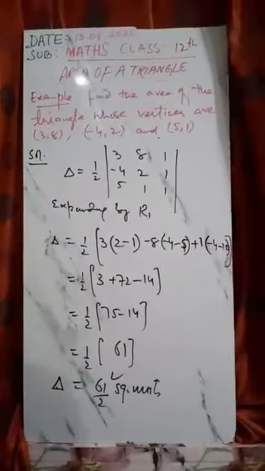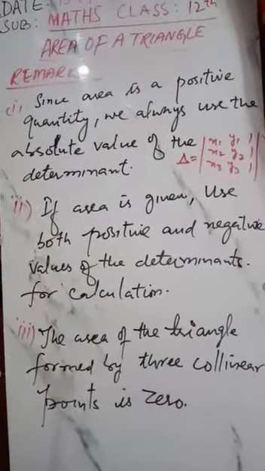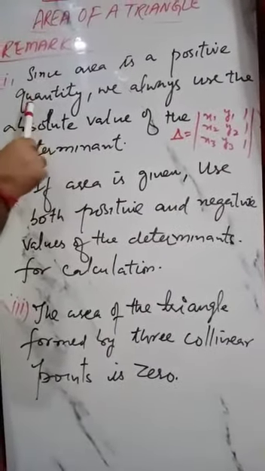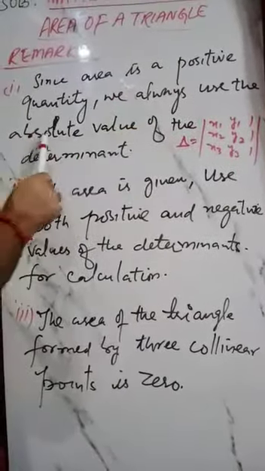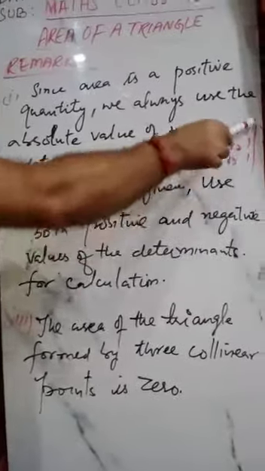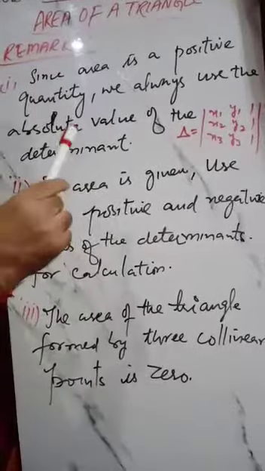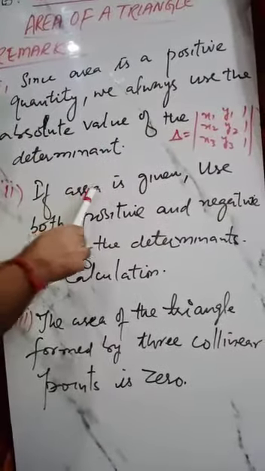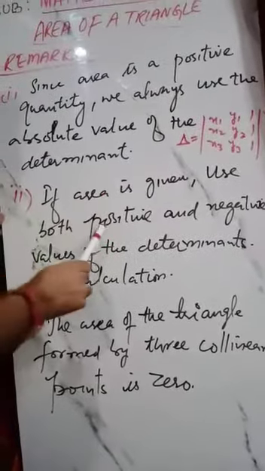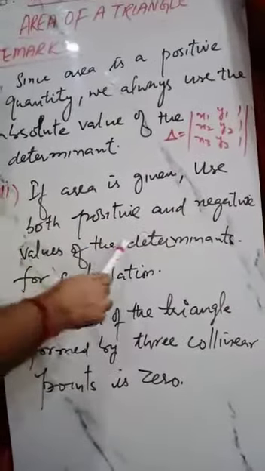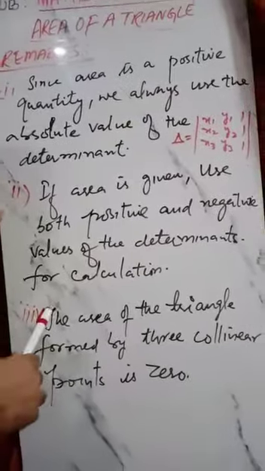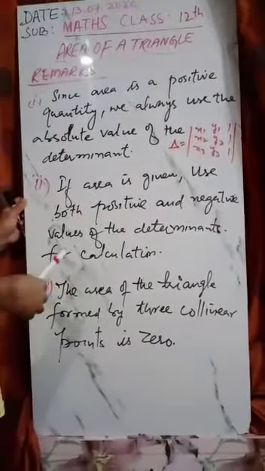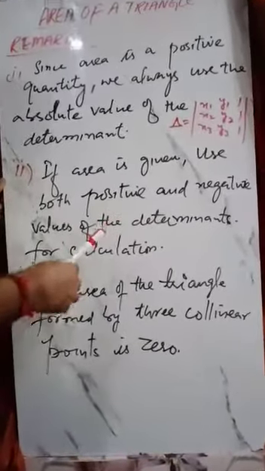So this is the area. There are some remarks you have to remember. First, since area is a positive quantity, we always use the absolute value of the determinant. Area is always a positive quantity. If area is given, अगर आपके पास area given होगा, so use both positive and negative values of the determinant for the calculation. तो आपको कैलकुलेशन के लिए दोनों पॉजिटिव और नेगेटिव वैल्यूज यूज करनी पड़ेंगी।